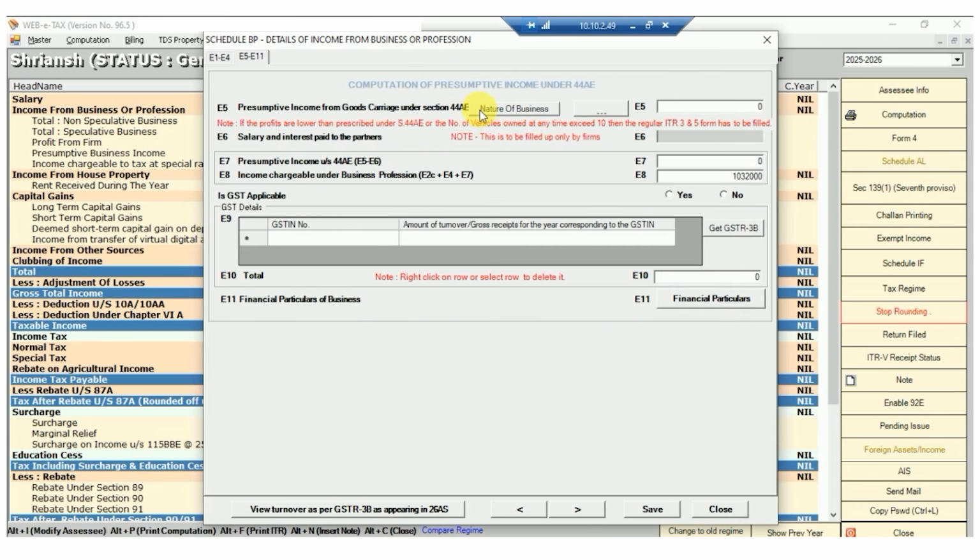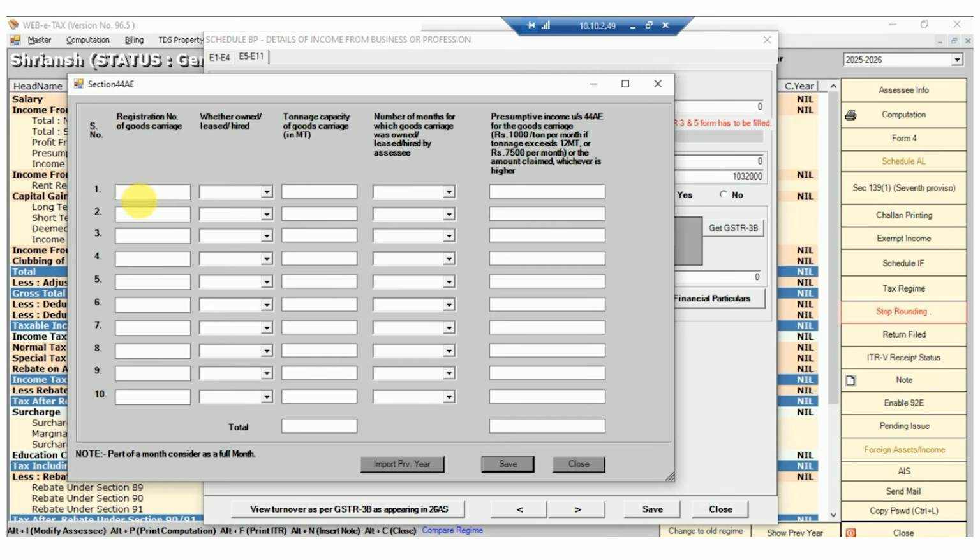Then comes Section 44AE that is related to transporters. So here you need to provide the details related to the business income under Section 44AE. Here you need to enter the registration number.